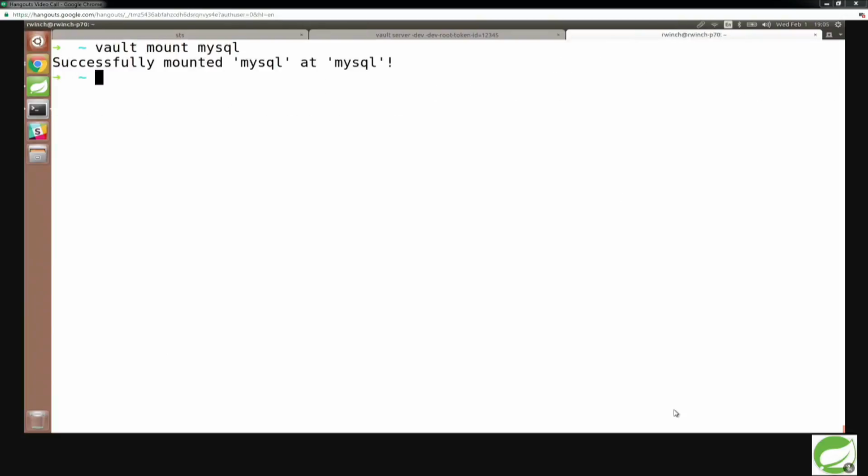So we're going to do vault mount mysql, and it knows that it's going to mount at mysql by default because that is the default way to do it. You can say what type it is and where you want to mount, but that means now our prefix of mysql is going to be used. But you can mount multiple times and have different namespaces and stuff, just like you could with standard Linux mounting, but this is just a nice intuitive default.